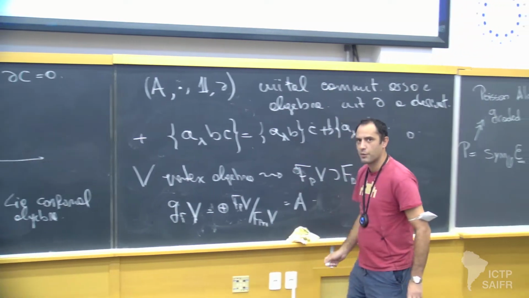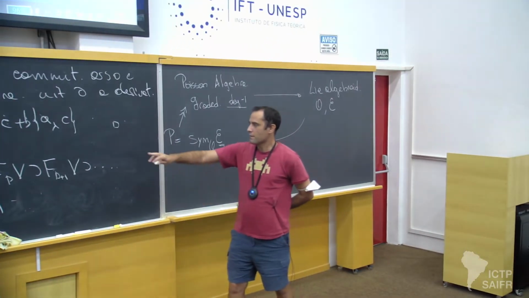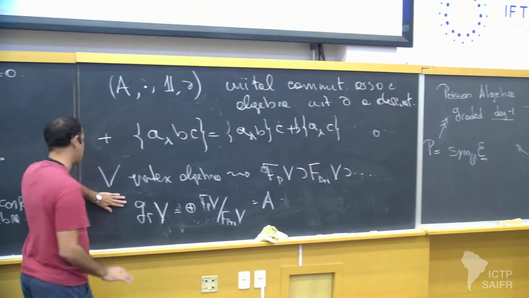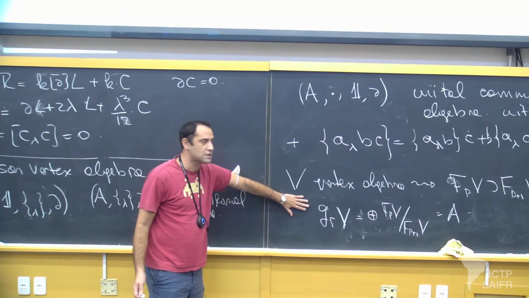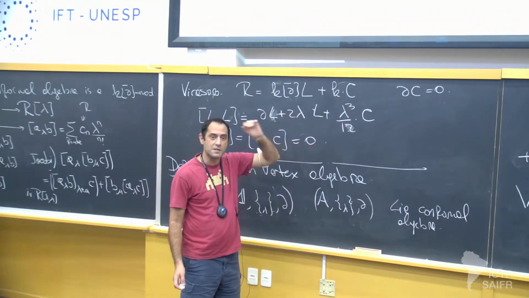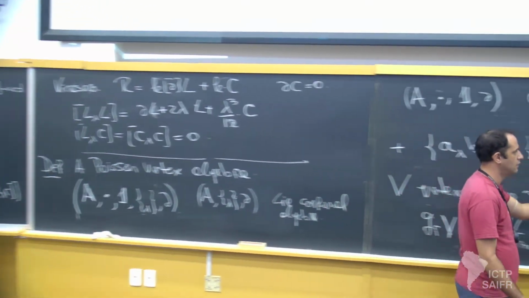Which is the singular support of V, or the classical limit of V. So Poisson vertex algebras, from this perspective, are classical limits, the associated graded of vertex algebras, which are some non-commutative objects that I get to view as commutative objects on the associated graded, inasmuch as this guy here,